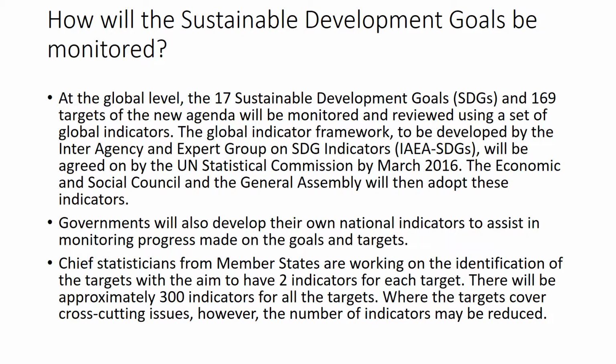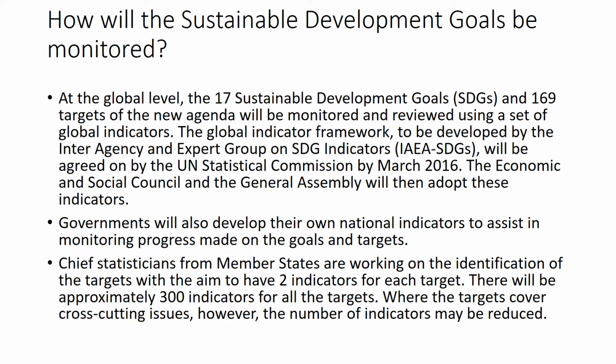to make some achievement. So at the global level, the 17 sustainable development goals and the 169 targets of the new agenda will be monitored and reviewed using a set of global indicators. There is a mechanism monitoring the 17 sustainable development goals. The global indicator framework is to be developed by the interagency and expert group on SDG indicators, and it will be agreed on by the United Nations statisticians,